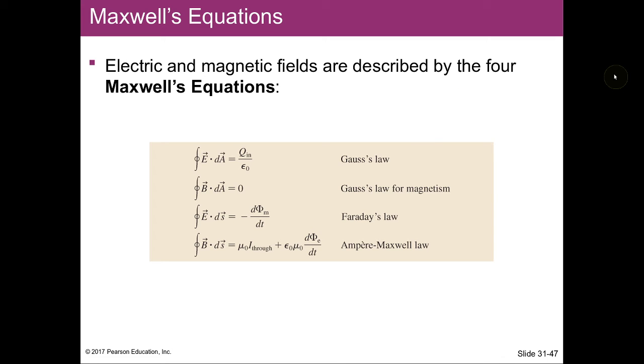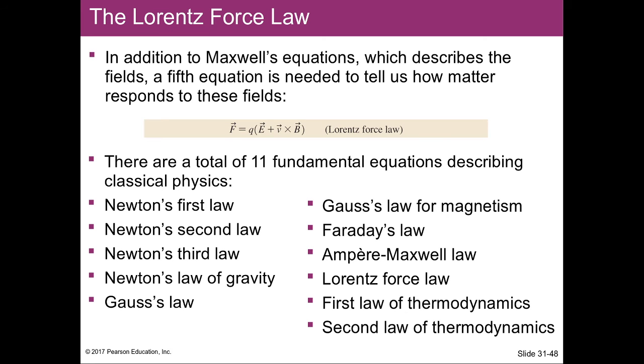So this set of four equations is collectively referred to as Maxwell's equations, and you may feel like that's taking credit away from Gauss, Faraday and Ampere, but I think it's well justified by just how useful Maxwell's equations are with this symmetry, and how Maxwell derived electromagnetic waves from that. And all of electricity and magnetism really is described by these four equations and just the Lorentz force law added